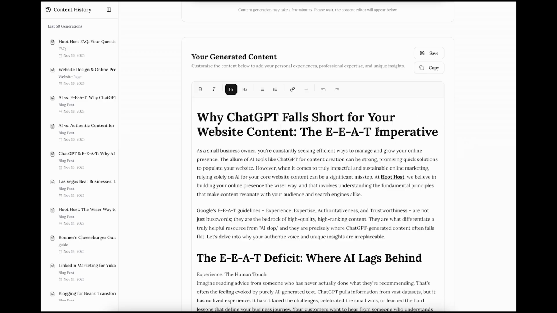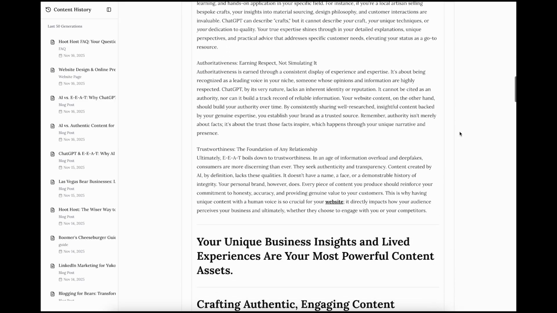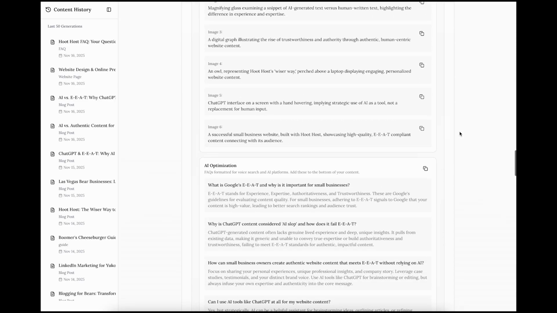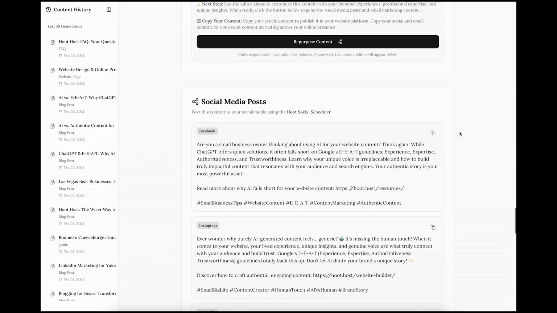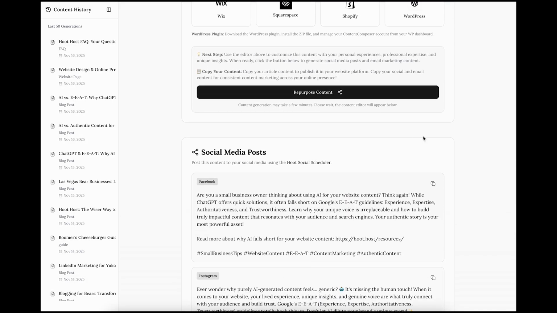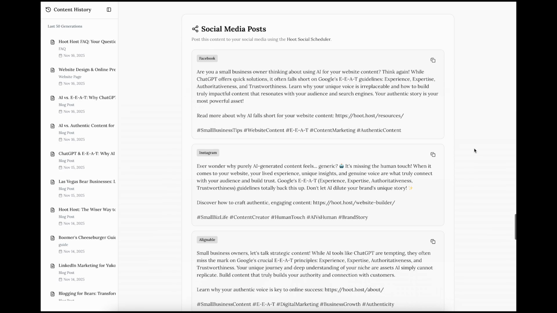I really like this content. I published it on my website, but you know what? I want to make an email out of it too. I want to be able to turn this into an announcement that I'm going to use across all of my marketing. Well, you just come in here, you hit the repurpose content button, and immediately Content Composer gives you great